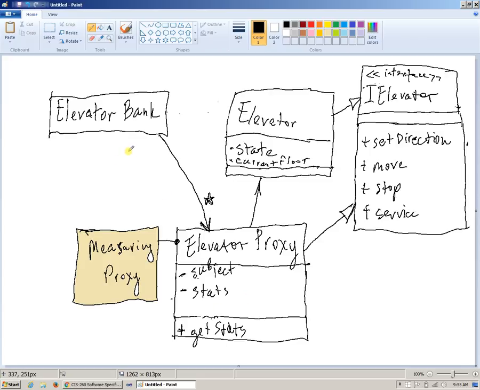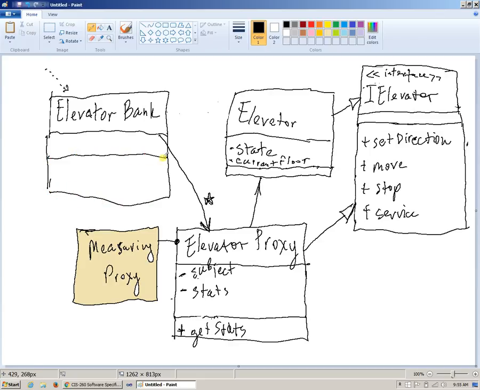Whenever the rest of the system says, let's display statistical data, and communicates to the elevator bank, let's collect all of the statistical data, the elevator bank can go through the array list of existing elevator proxies and ask each single one, give me your stats. So therefore, somewhere here we can have